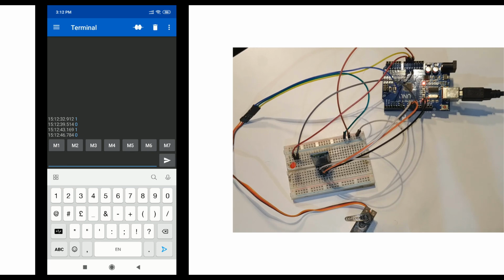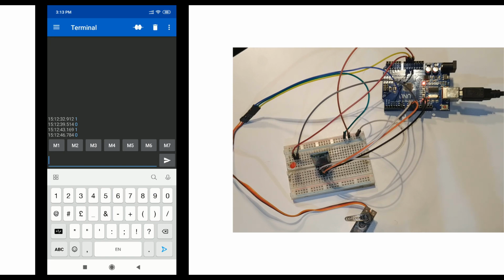Now I'll upload the servo motor code to the Arduino and check if the servo motor is working from the Android. So as you can see, you can develop n number of applications based on this Android, MATLAB, Arduino, Bluetooth setup, and in the next part we're also going to cover the GSM module. So stay connected, stay tuned.